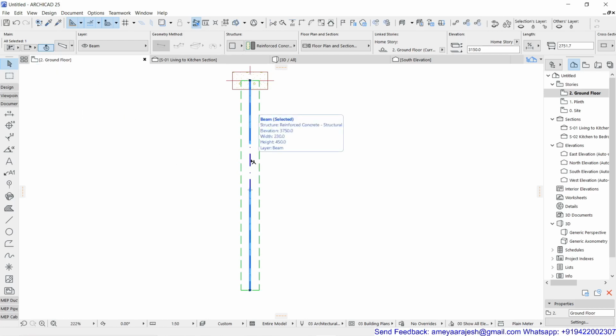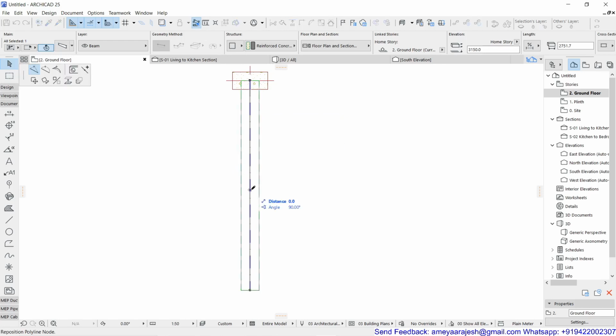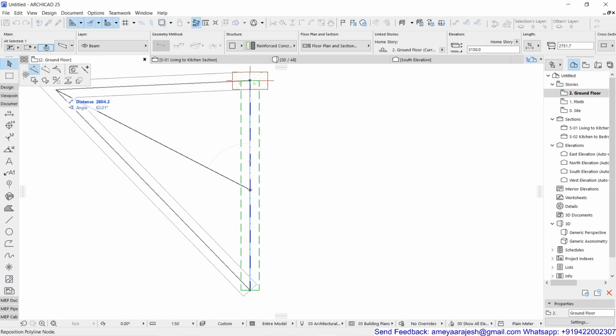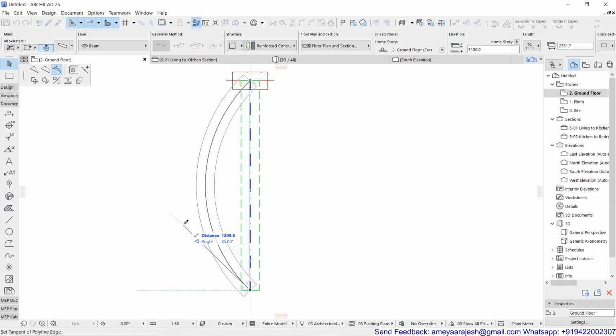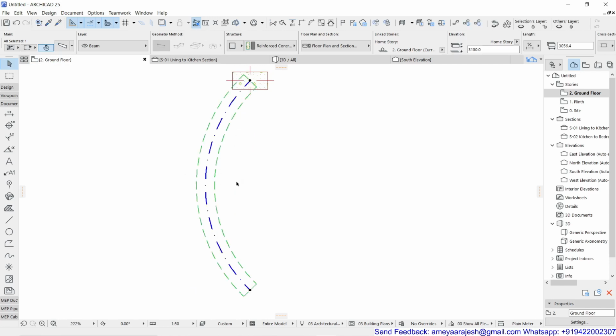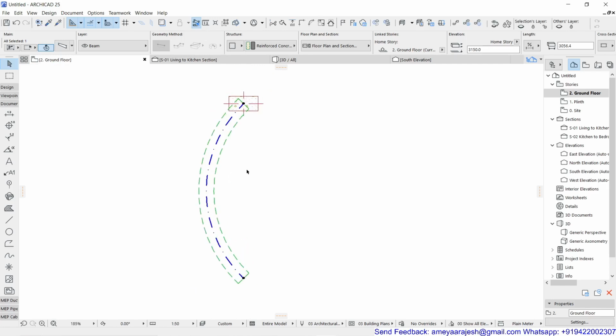Say for example, if I want to break this beam into two parts, I can stay over here, click on this point, and then use Insert New Node, or I can curve the edge, or you can even work with the tangential segment which you can generate. You just have to show the tangential direction, and then accordingly your beam will get changed. So please try to follow these simple techniques to edit the beam.